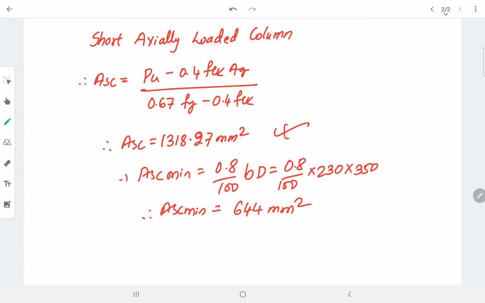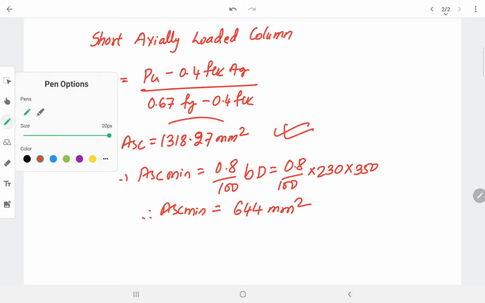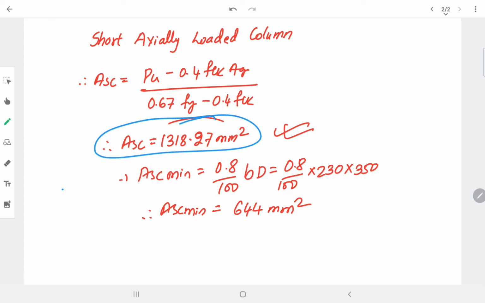Whereas Asc is this one and then Asc minimum. Whatever the Asc value is there, if it is more than Asc minimum, I'll choose it. If Asc minimum becomes greater than this one, I'll go for Asc minimum. Or if Asc is greater than Asc minimum, then I'll be choosing this value.